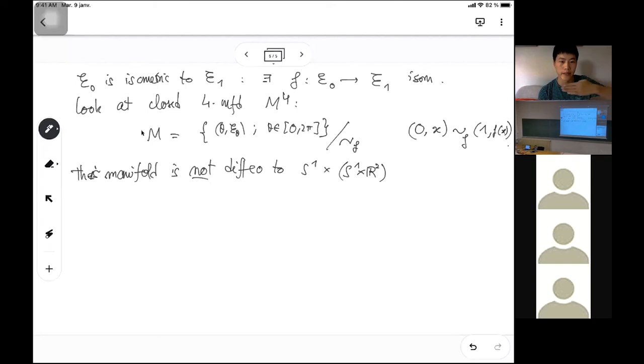So all the slices E theta are diffeomorphic to S1 cross R2. But once you glue it using this identity map, so in these charts, it's an identity map, but actually this four-manifold is not a trivial product. That's slightly confusing, I think. But let's see. Yes, so it is true. And in fact,